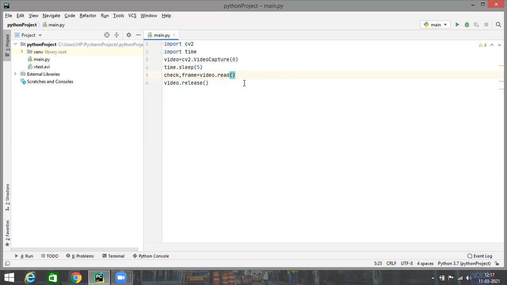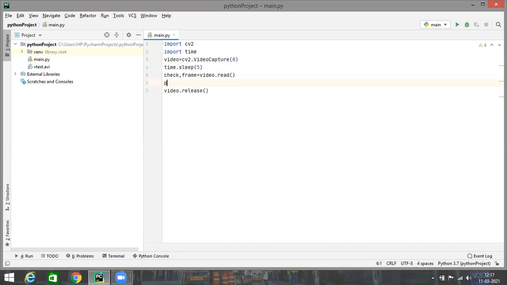So in the previous video, we saw that a colored image was being read and stored as a 3D matrix. Now, what is the case with video? Are videos also stored and read as 3D matrix? So let us check this. Suppose this is the first frame which we are reading here. It gets stored in the frame variable.